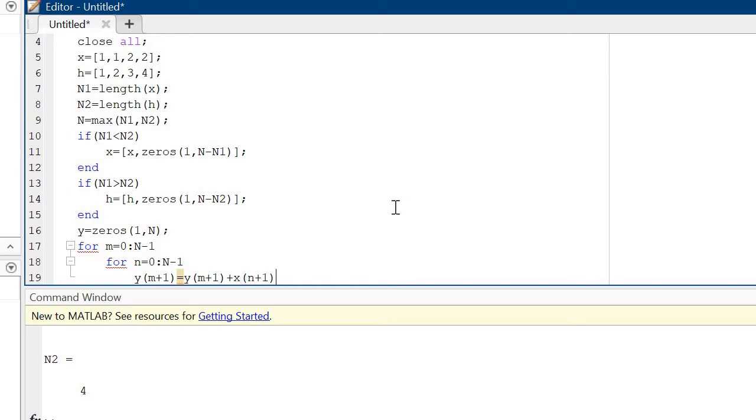Then after that dot multiply h. Now in this case take the mod function. Okay,